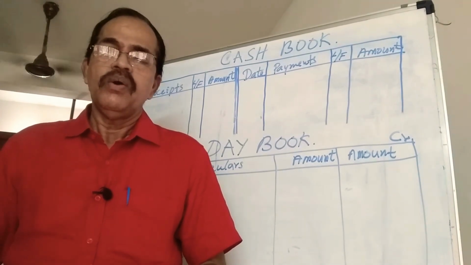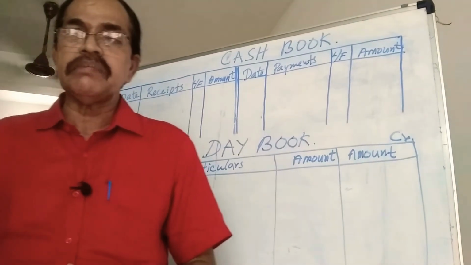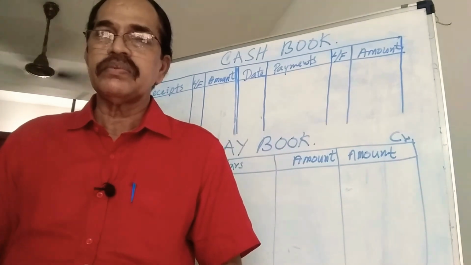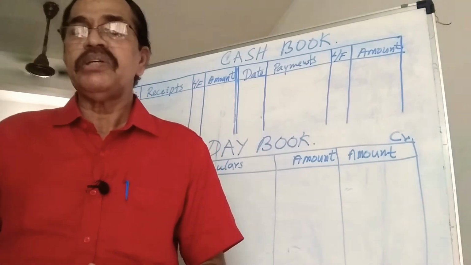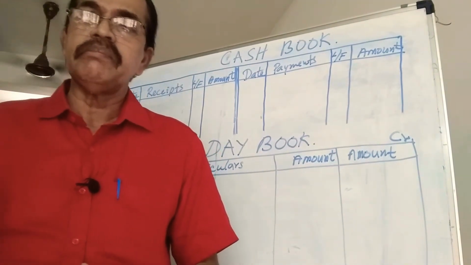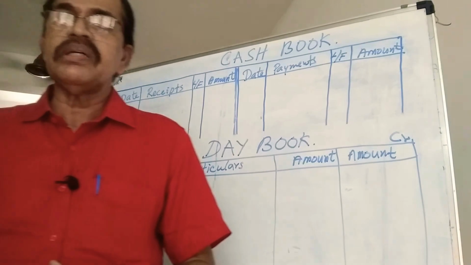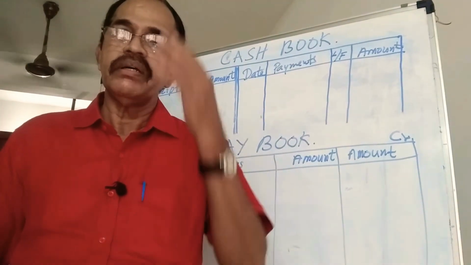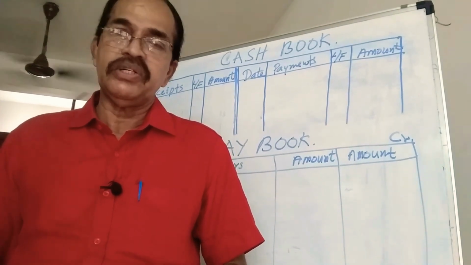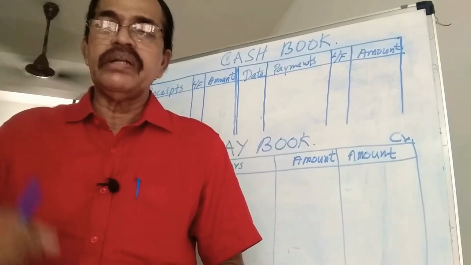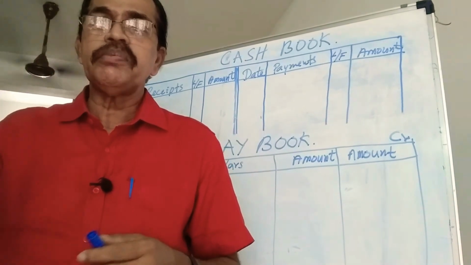See, whose account are we going to record? The account of the businessman or the account of the business? Definitely, we are going to account the transactions relating to the business, not that of the businessman. Now the businessman, as I told you, invested 1 lakh rupees in business. We can see that 1 lakh rupee has come into the business. The accountant will have to think and act from the side of the business.